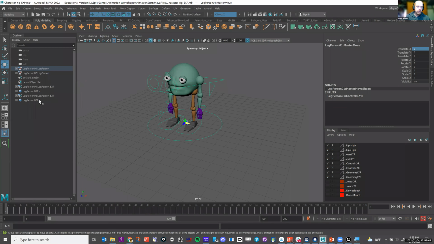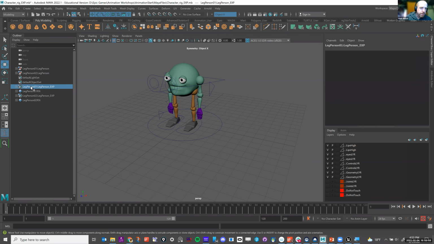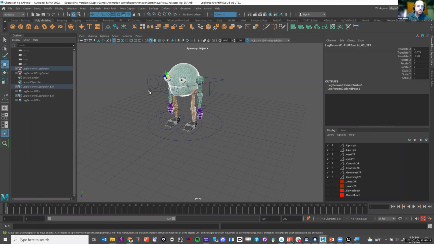If I wanted to export out this character, I have my leg person 1 export, right? So you can see the leg person 01, this is my selection set. I'm going to right mouse click on it and select the set members, so it's selecting all of the geometry and all of the joints.